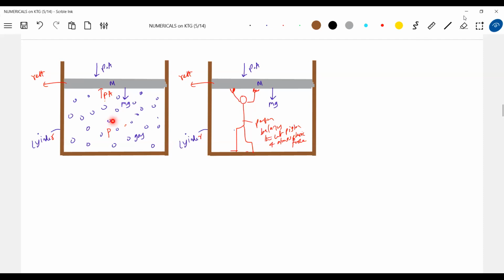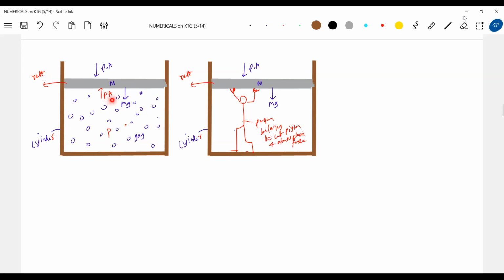No, what is present? Only gas is present. Then how will gas have any arms? Tell me how gas is able to balance the weight of the piston. It may not be a very light piston. It can be 100 kg. Don't think, okay sir, 1 gram. No, 100 kg. I think some of you will have an air bed, and you are going to lie down on that air bed. It is balancing your total weight. You are not a 1 gram, 2 gram person. It is going to balance your weight.